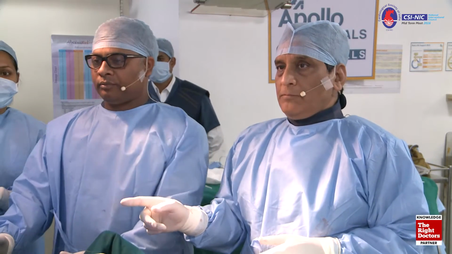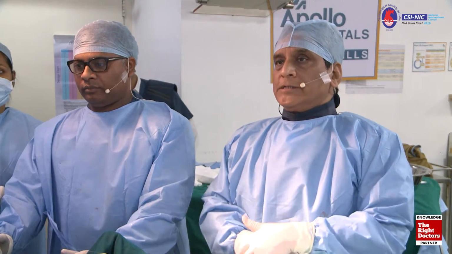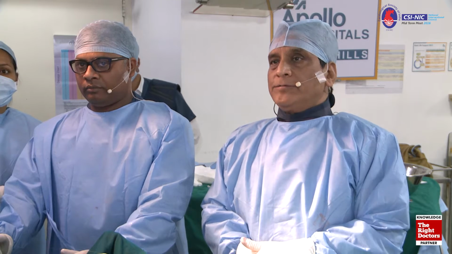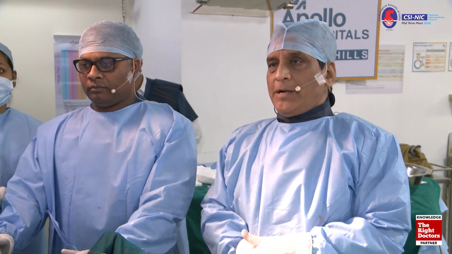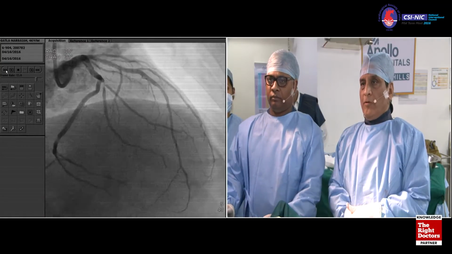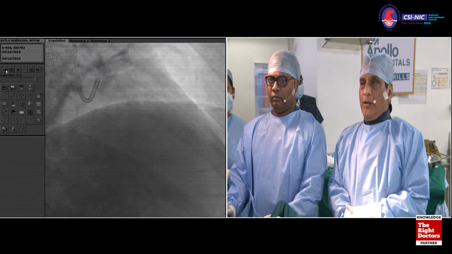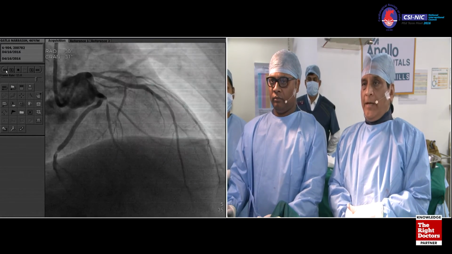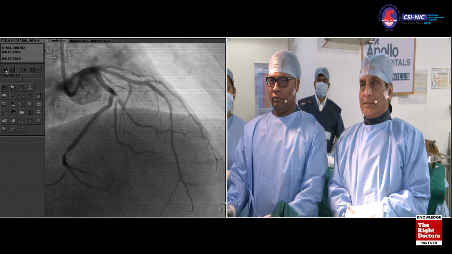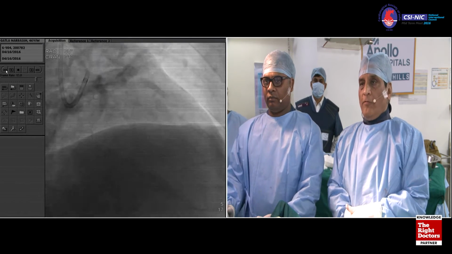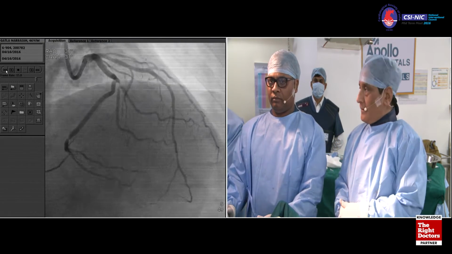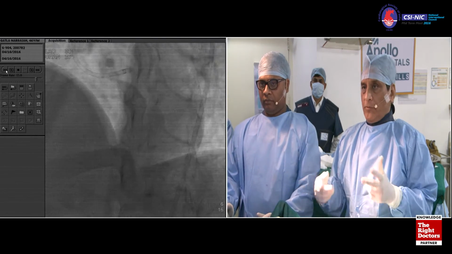Go to the previous view. Yeah, here. So this is the LAD, and you see the diagonal just a little dissected, but normal. Nothing unusual, what was done 5 days ago. The LAD looks nicely expanded stent, and there are a total of 3 lesions in the circumflex: that bifurcation OM1, OM2, and LPDA. Next. Keep going, a few pictures there.